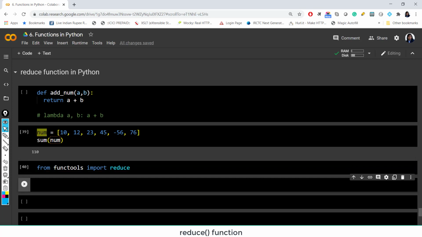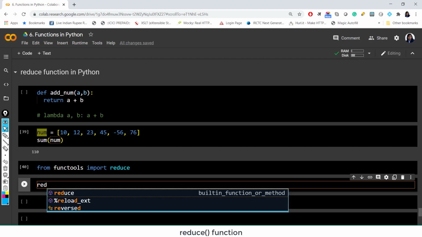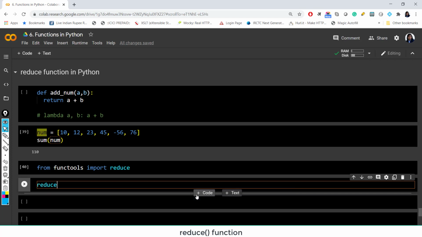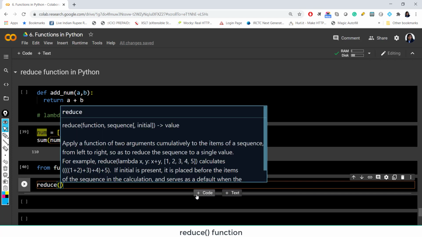Now I want to use reduce, so let me try reduce. Now I can see it's a built-in function or method, right? And I can click here or I can hit tab. It will automatically fill up that function for us. And here is the documentation. So this function basically takes a function or a callable, which we have talked about. It takes a sequence or iterable, and it also takes initial.